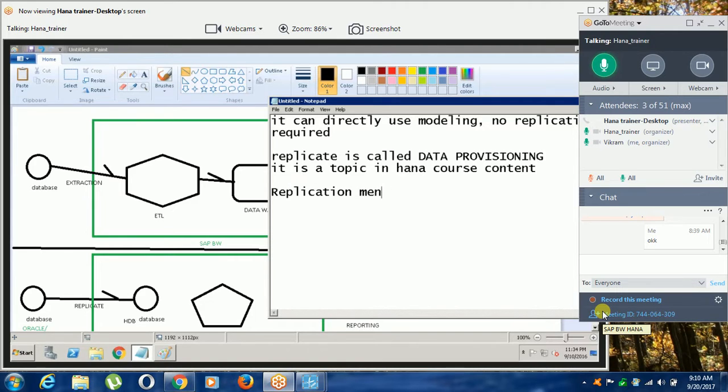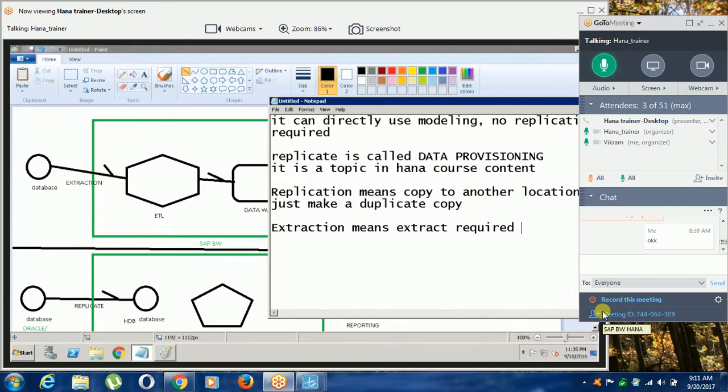Replication means copy to another location. Just make a duplicate copy. Extraction means extract the required data and keep it in the staging area.